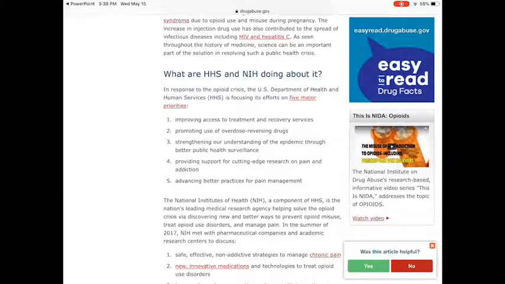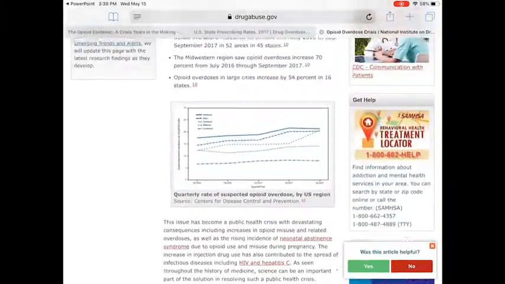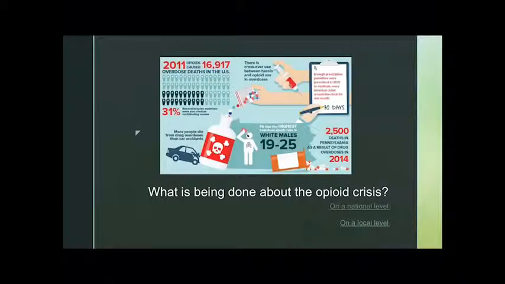Surveillance is exactly what we've been kind of going over. How are we tracking these cases and getting a better understanding of where and why they're happening? We need more support for research on how we manage people who are not only addicted, but who are just in pain, whether it's from a surgery or a chronic pain issue, and how we can find better pain solutions that aren't always going to be opioids. And that kind of goes with number 5 too. How can we have better practices for pain management? And that actually ties into the next one.